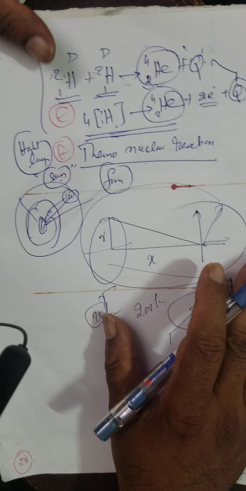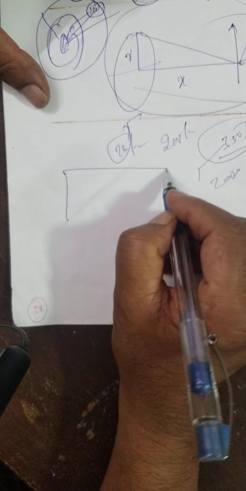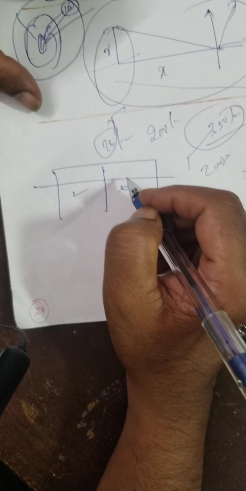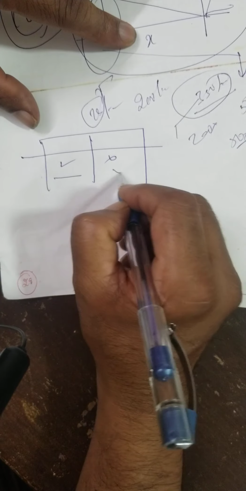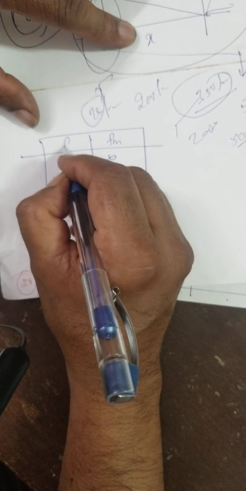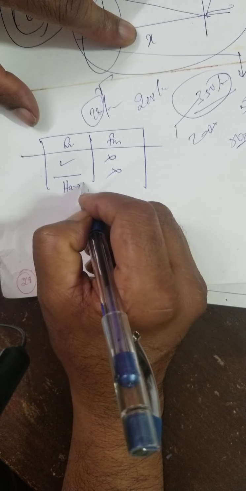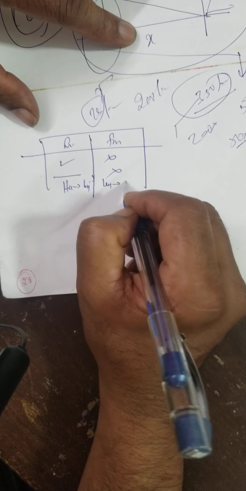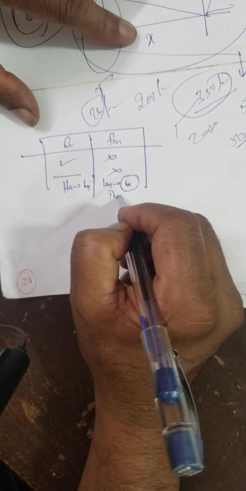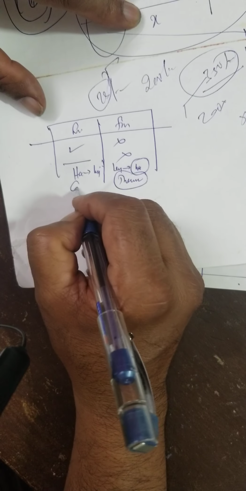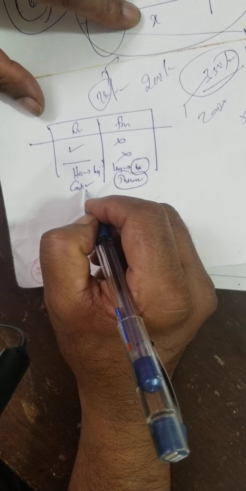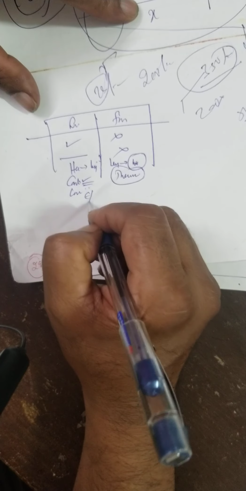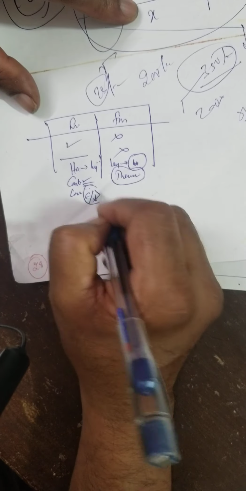Next, fission and fusion, you have to remember. Make a tabular column of fission and fusion. Fission is possible within the lab; fusion is not possible in the lab. Fission takes place at ordinary room temperature; fusion does not. In fission, a heavy nucleus breaks into lighter nuclei. In fusion, light nuclei form a heavy nucleus. This is called thermonuclear reactions. In fission, if it is controlled, it is a nuclear reactor; uncontrolled, it is an atom bomb. Energy release is less in fission and more in fusion.